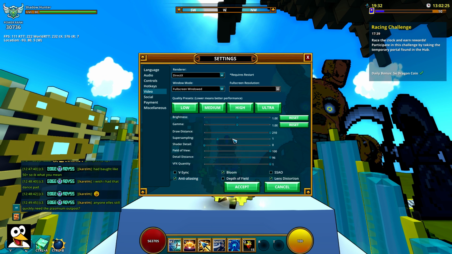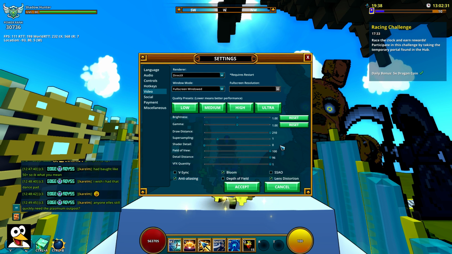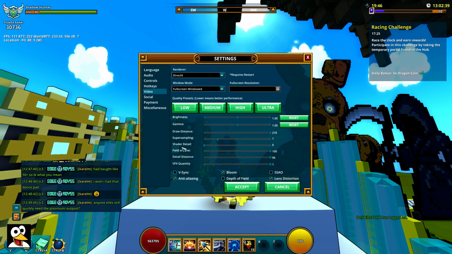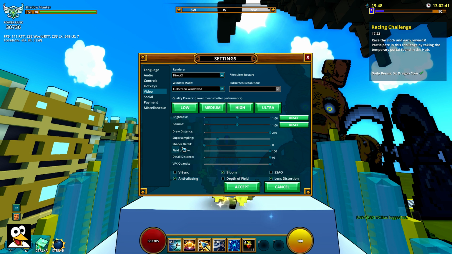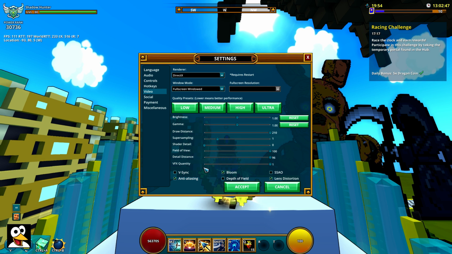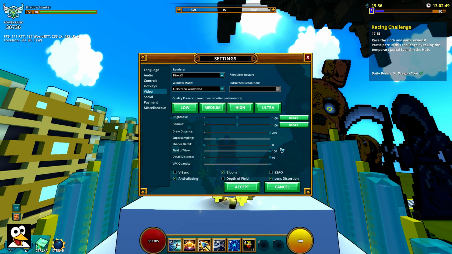You can put it at 4, but 1 is more than enough, and you're not going to see a big difference at all, but it's going to be a big performance boost basically. Shader detail depends on how good you want to see the game. I have mine on 0 because I'm just used to having it like that, because I always have had it like that. But you can put it higher if you want more details and stuff like that. Also, there's more down here that's going to do that too, but